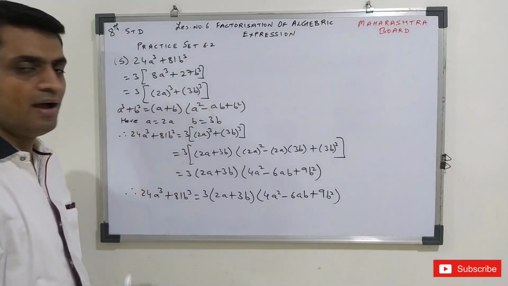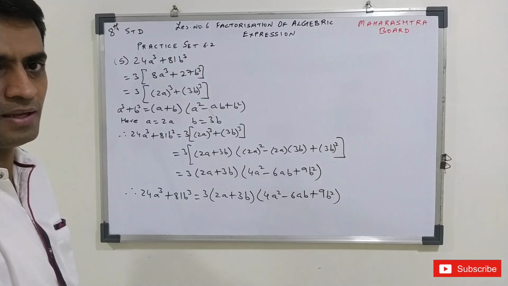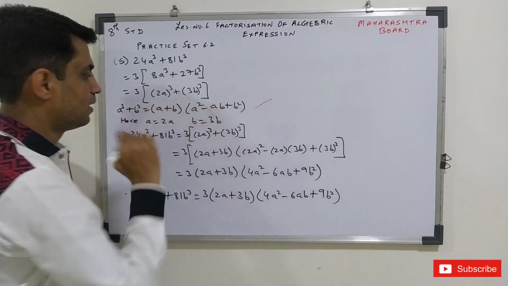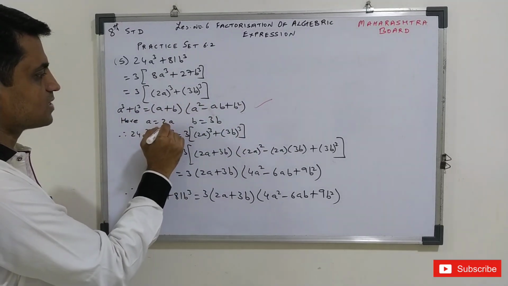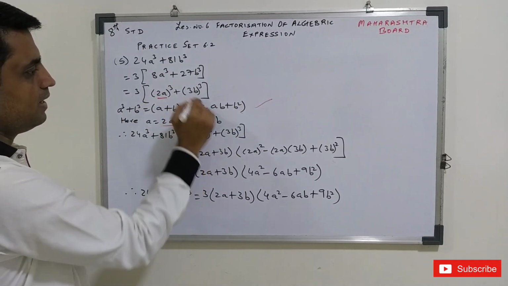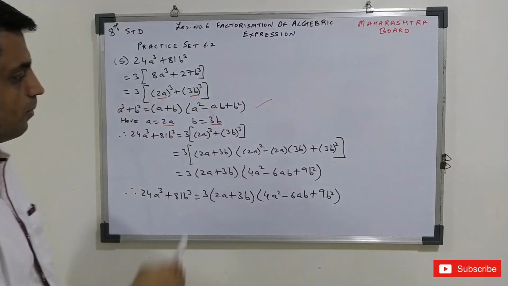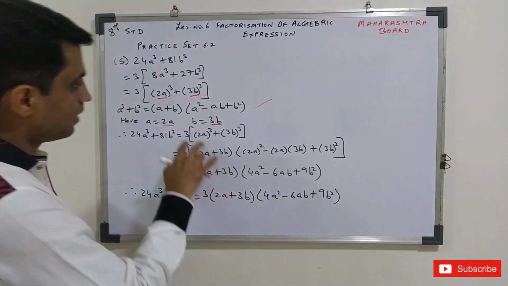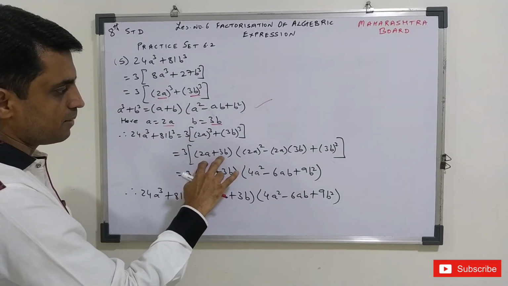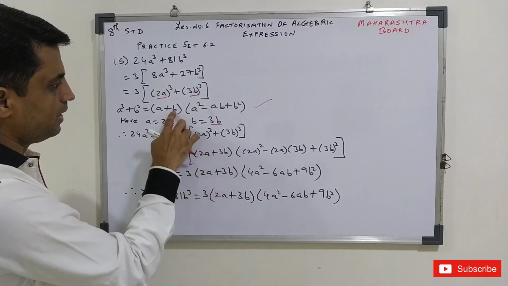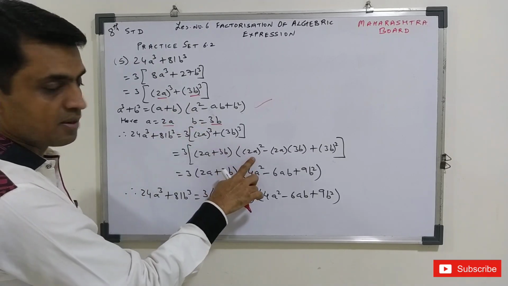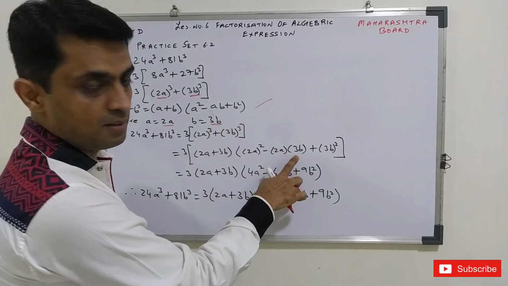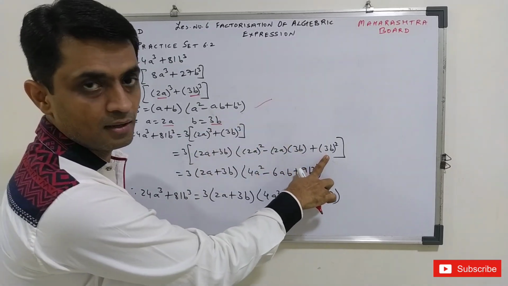We will use this formula. A cube plus B cube is what? A plus B, one bracket, and A square minus AB plus B square. Now what is our A? Our A is 2A. See here. Our B is 3B. So formula देखो, 3 common. 3 will be outside only forever like the previous sum. Now A plus B means 2A plus 3B. A के जगह पे 2A, B के जगह पे 3B. A square के जगह पे 2A the whole square minus, instead of A 2A, instead of B 3B, instead of B 3B the whole square.